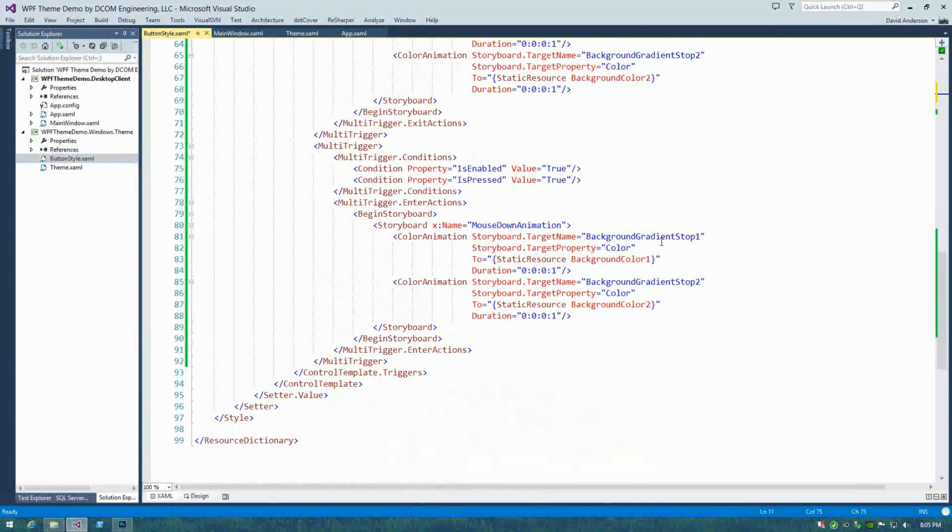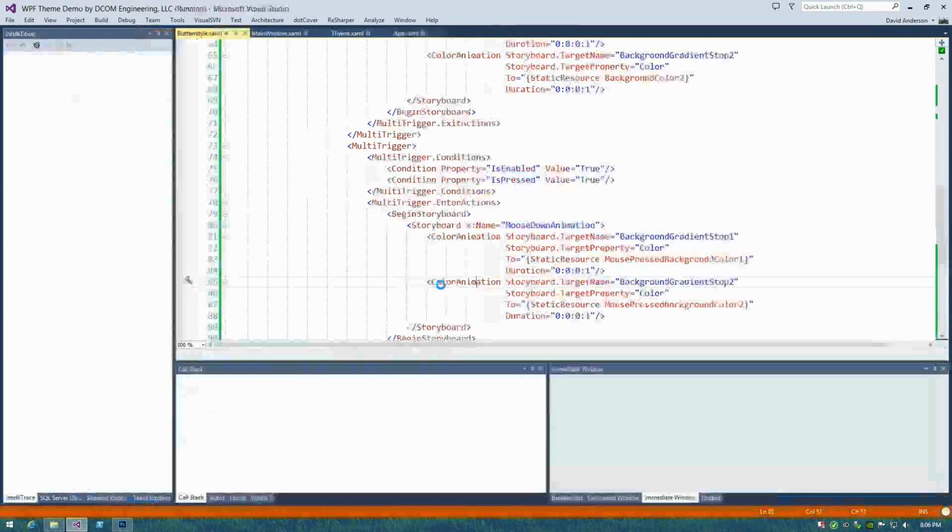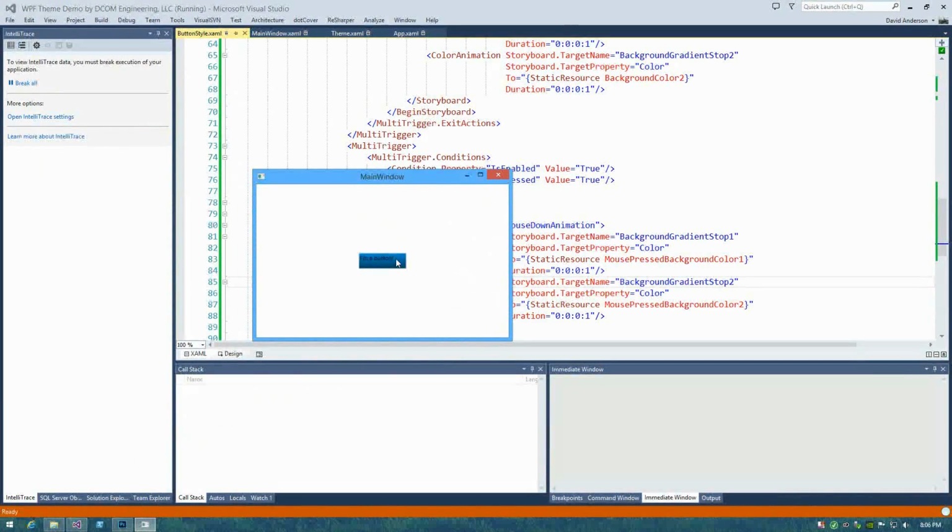So now we have those colors. So we can go down here to our animation and do the same thing. So we're going to say mouse pressed background color 1 and mouse pressed background color 2. So if we're to run that, again, we still have our mouse over animation, mouse out. Now when we go over this and press down, you can see that we have our mouse down animation, so the button got quite a bit darker. But if I release my mouse, we don't have any animation back to the original state, which is mouse over animation. So we need to add the exit actions for the multi-trigger,